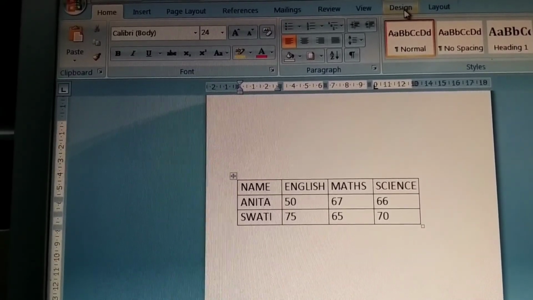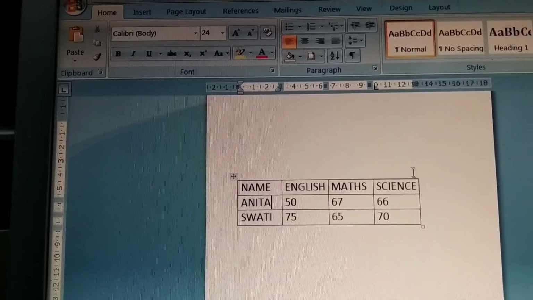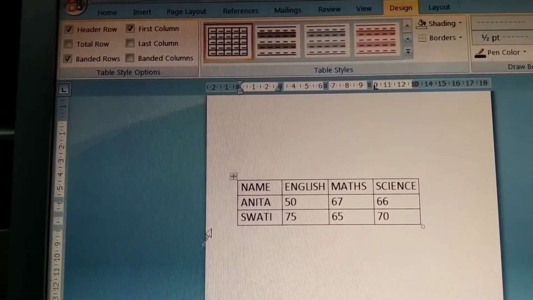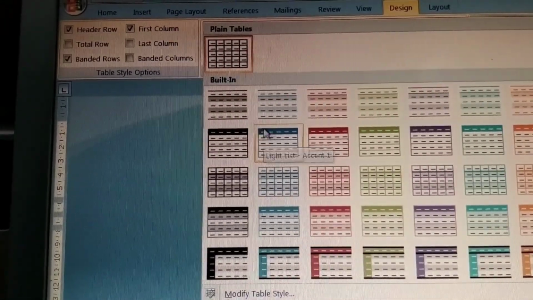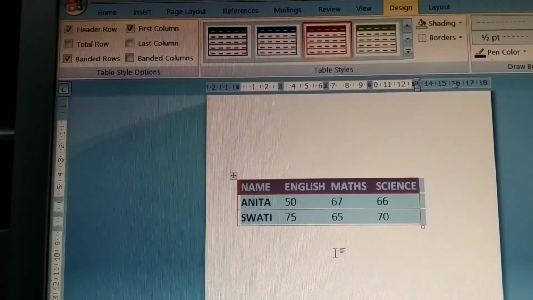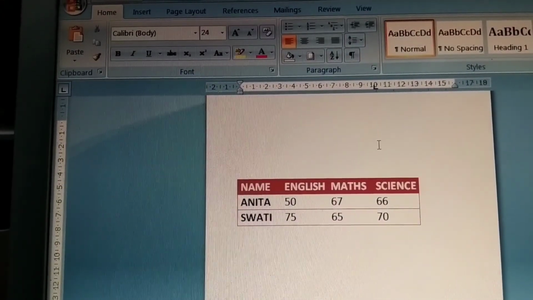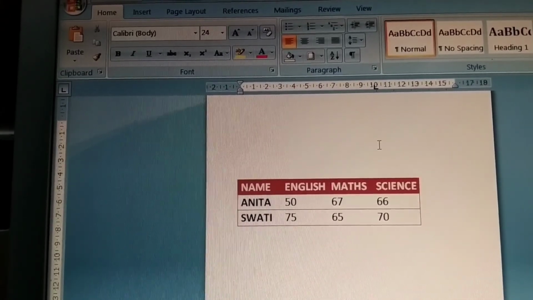So table related settings are available in both tabs. In Design, we have to select our table. Here ready-made table styles are there, so we can select any one. See, a ready-made formatted table style is coming on our page.